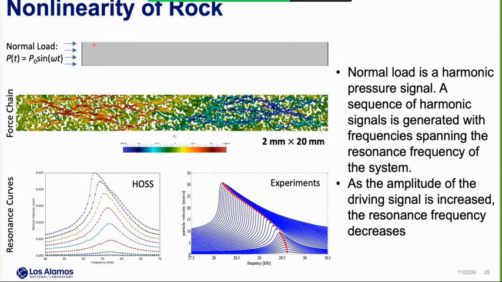And they did different experiments with different amplitudes of the pressure. And with the FFT, they can get the resonance frequency of the bar. What they observed from the experiment is that with the increase of the amplitude of the pressure, the resonance frequency reduces. At the beginning, our experiment colleagues didn't understand what the mechanism was that caused this nonlinear response of the rock. They asked us to do some simulations, and we built a